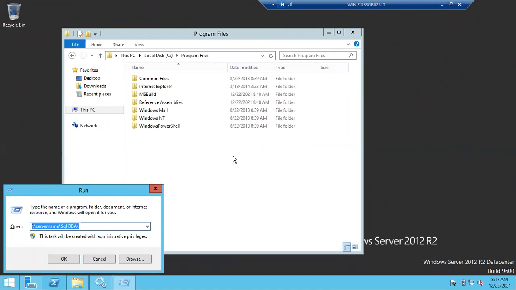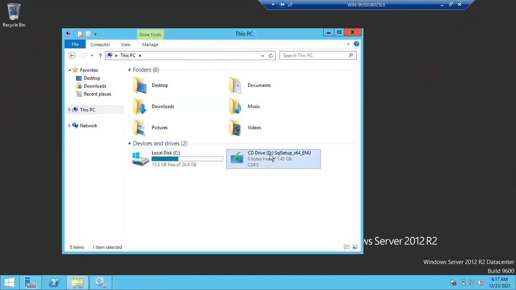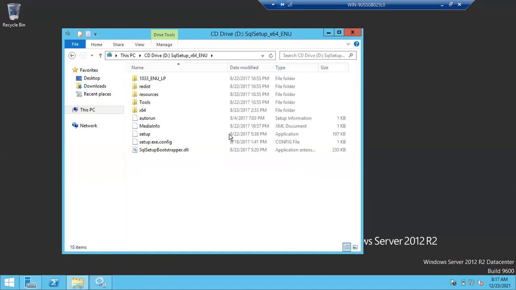Once the software is copied, I have already attached the software, so I am not copying now. It will be attached as a D drive here. Earlier we attached the Windows operating system. Windows installation is completed, so now we just change the Windows to SQL Server. No need to remove manually. Automatically SQL Server will be attached in the D drive. Right click, open. Right now you can see these are the supported files to install your SQL Server.